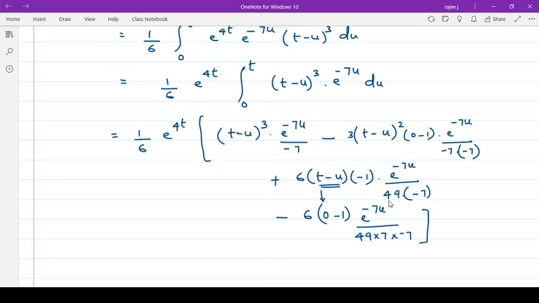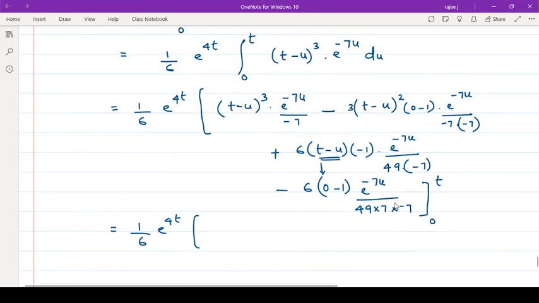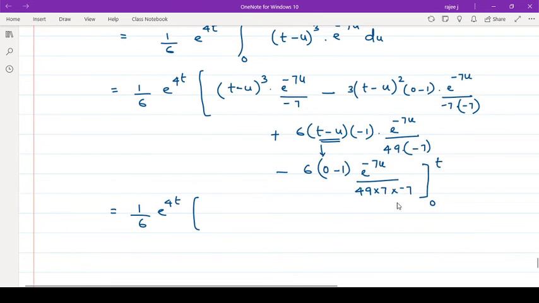Okay, now that's over. Now the next term will be 0. So that is 0 to t. So this is equal to 1 by 6 e raised to 4t. Now put the limit. So either you can simplify a little bit. So if I am simplifying this one, then minus 7 (t minus u) the whole cube e raised to minus 7u